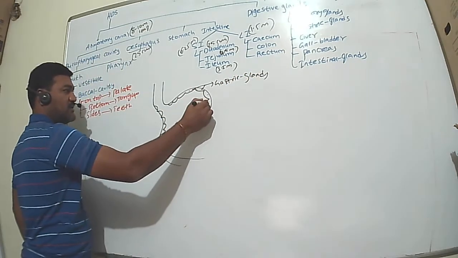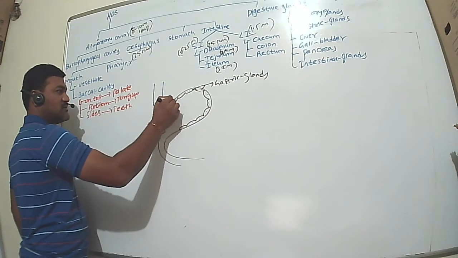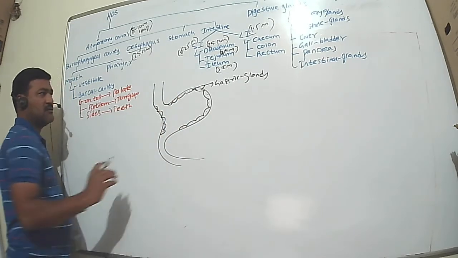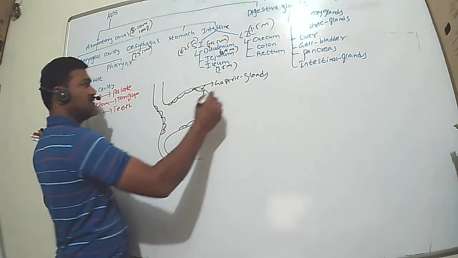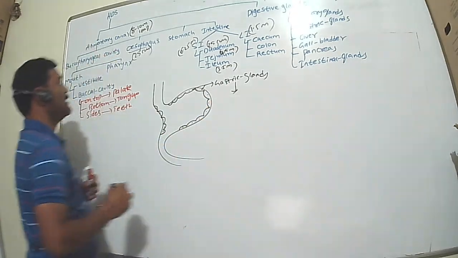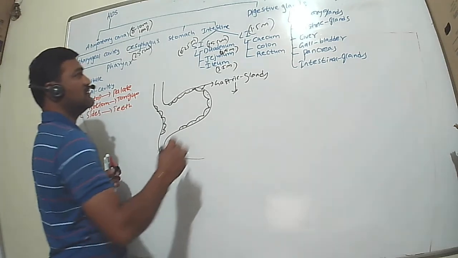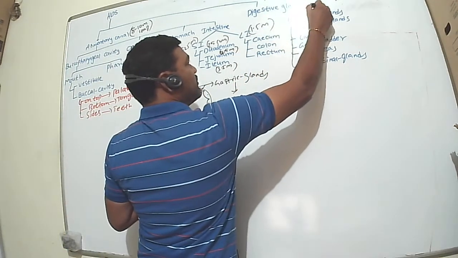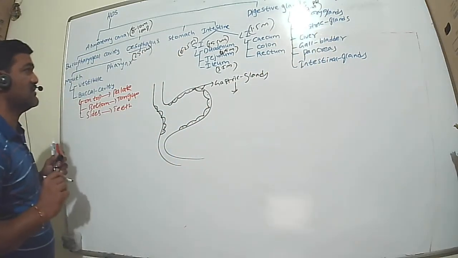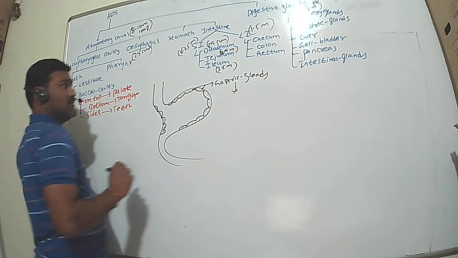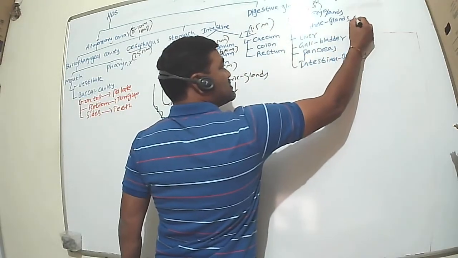This mucosal epithelium of the stomach will release some enzymes, hence they are called gastric glands. And I forgot to say the pH of saliva. The pH of saliva is about 7.4, a slightly alkaline pH. But the pH of gastric juice is 6.8,